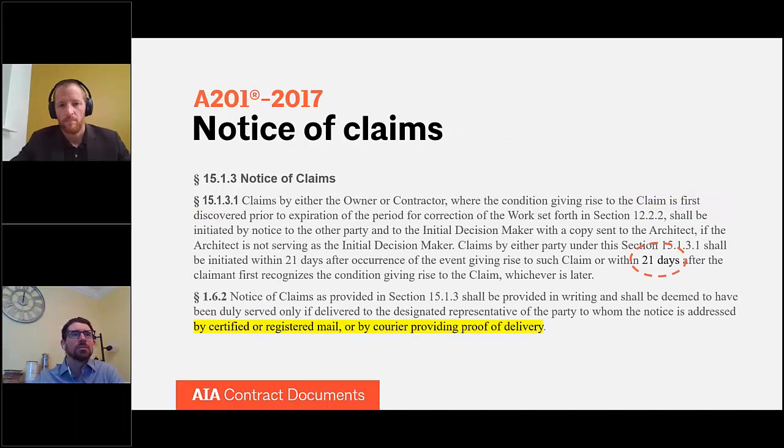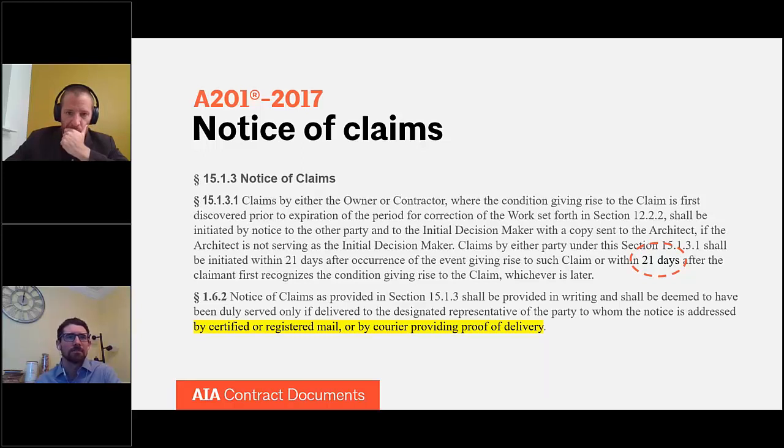I mentioned 15.1.3, notice of claims. Just understand that there are various requirements that come into play with respect to giving notice, like we just talked about what needs to be included in a claim. 15.1.3 talks about the timing and when a claim needs to be initiated, and the standard language sets that time